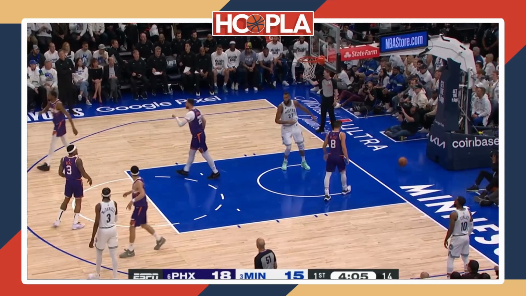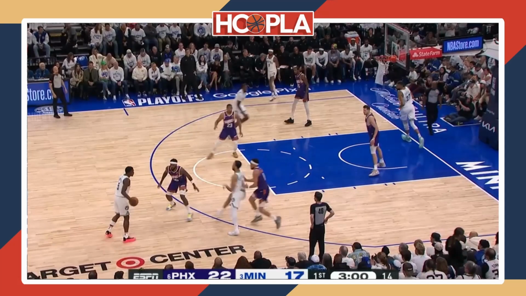you can tell he's clearly uncomfortable at this point in the game, because of how the game has been going up to this point, and he just makes a bad decision. I can look at this and say, even if Gobert catches it, what is a player like him going to do with it in that situation? As the game went on, we could see that Ant started to figure out the Suns' defense, started to settle into the game, and started to make the right reads.